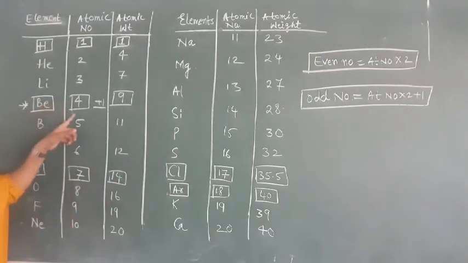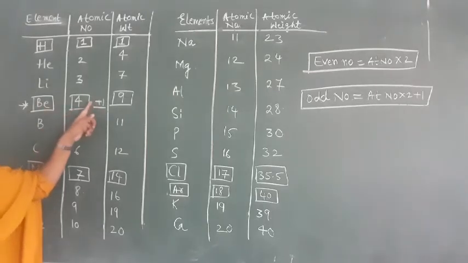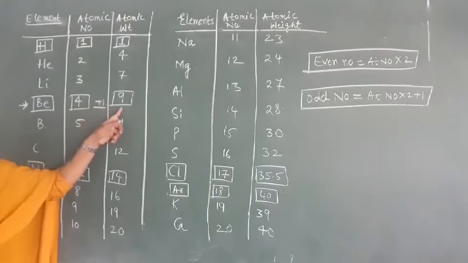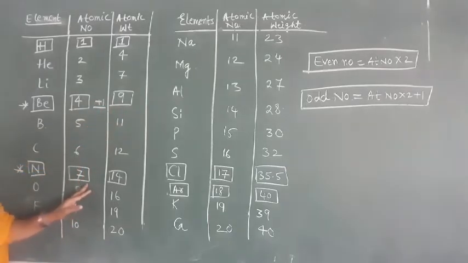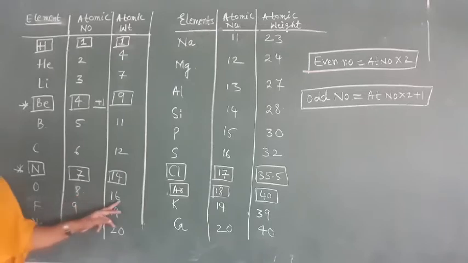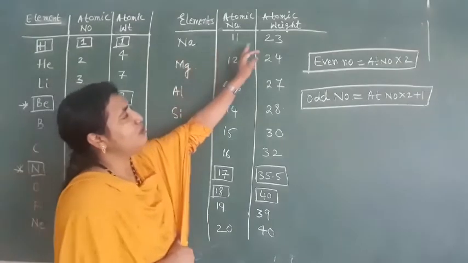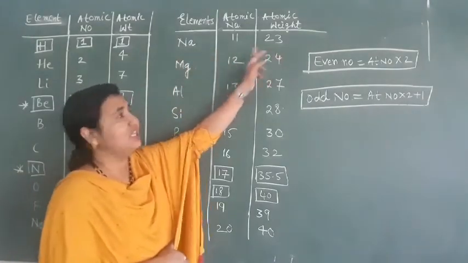Opposite of this, beryllium was 4, an even number, but we have to double and add 1, so it is 9. Nitrogen is an odd number, but no need to add 1. Keep it as it is, 14. Next, oxygen is 8, just double it, 16. Fluorine 9, 18 plus 1, 19. Neon 10, 20. Similarly sodium 11, 11 2s are 22 plus 1, 23.